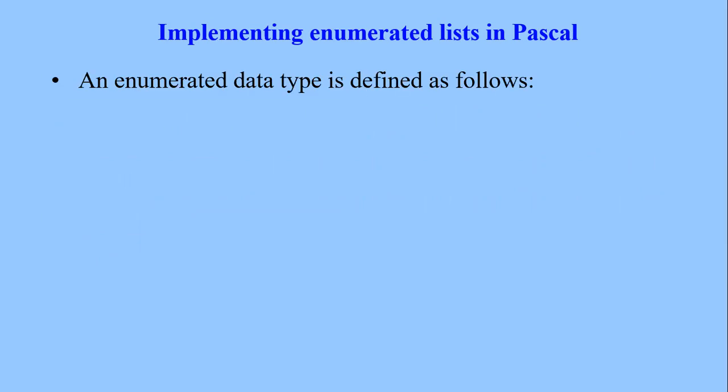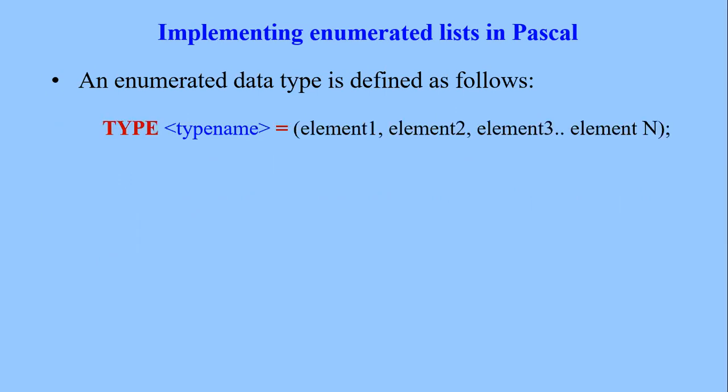So, how do we implement enumerated lists in Pascal? An enumerated data type is defined as follows in Pascal. We have the reserved word type, followed by the type name, then the equal sign, but not assignment, just the equal sign, then parentheses, element 1, element 2, element 3, all the way to the last element, that is element n,